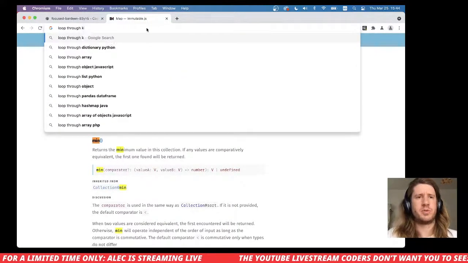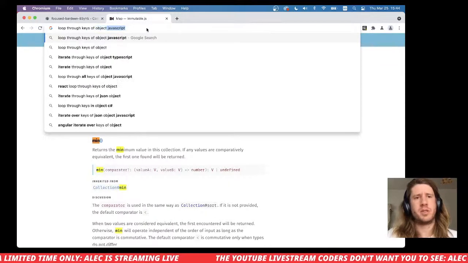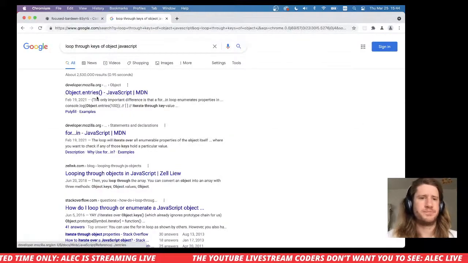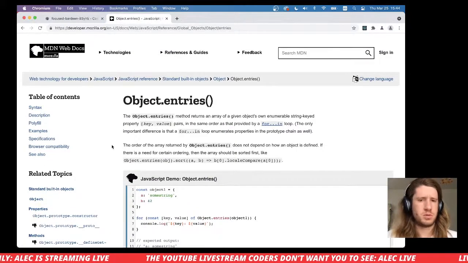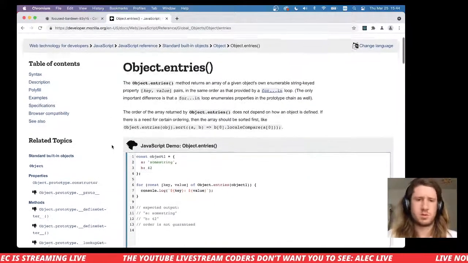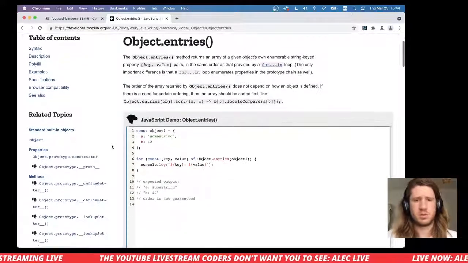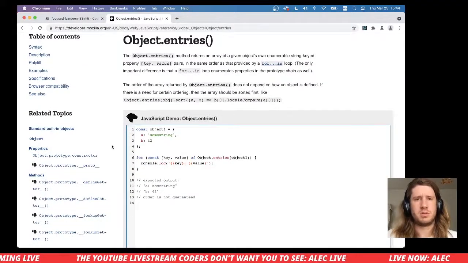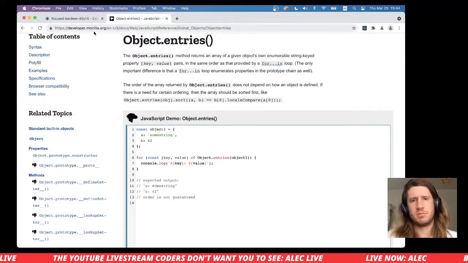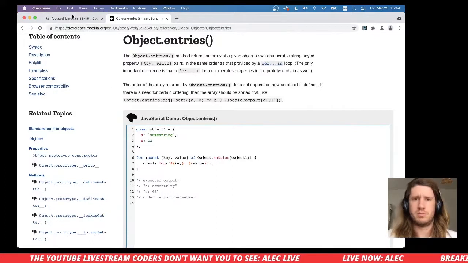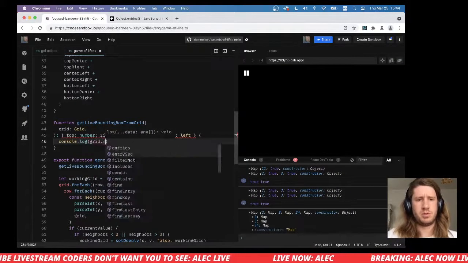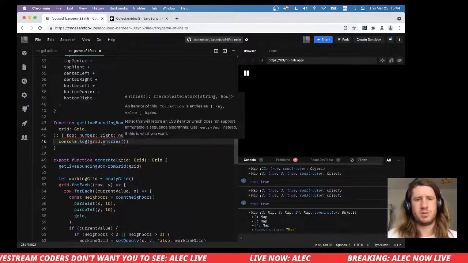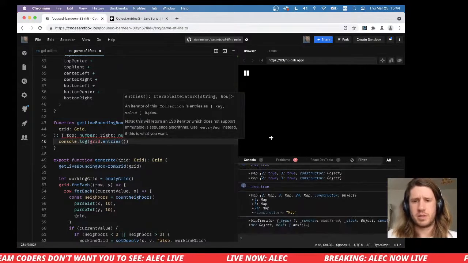Loop through keys of object JavaScript. Just don't feel like that's right, but